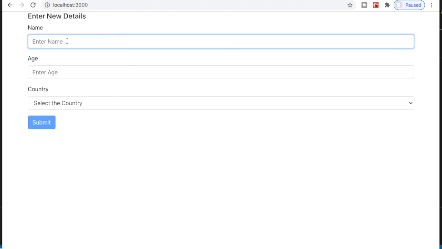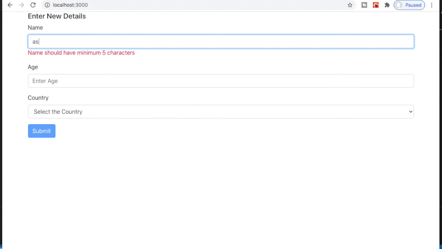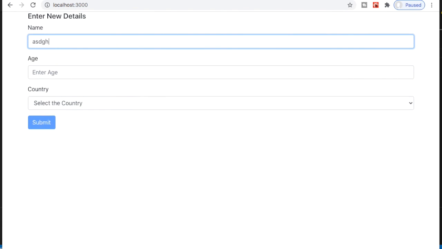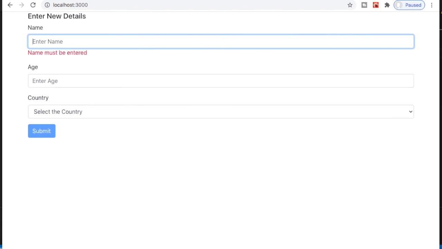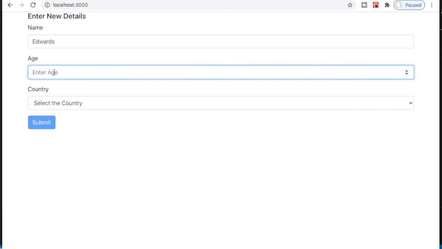Now, as I am typing, I get that error message. So that's the difference. In that case, when we lost focus, we got it. Here, as we type, we get it. This is another very common way of validation that you can implement. While the user is typing, you get prompted about the error messages.